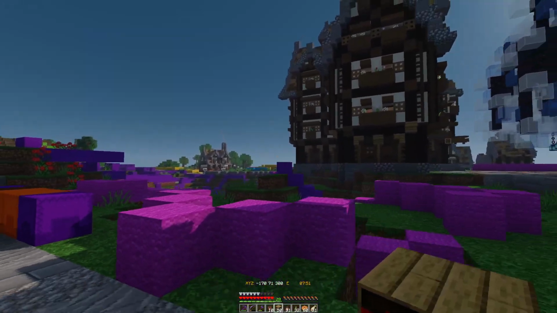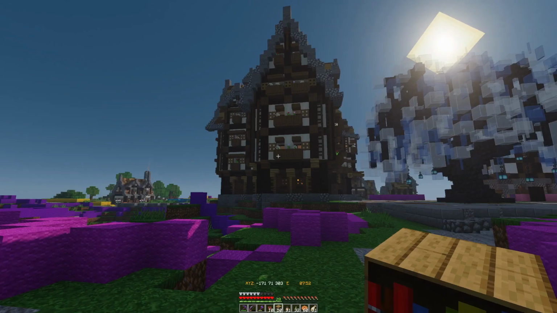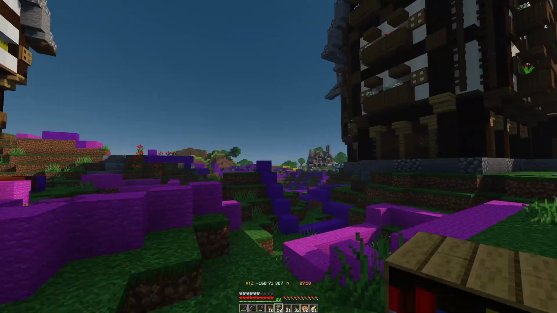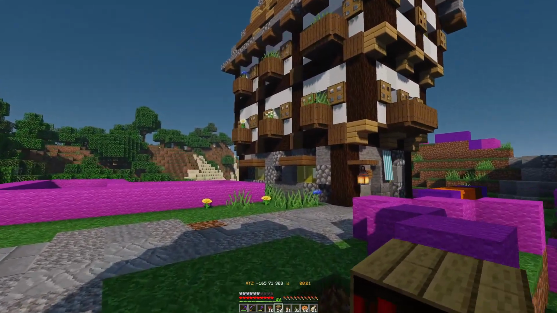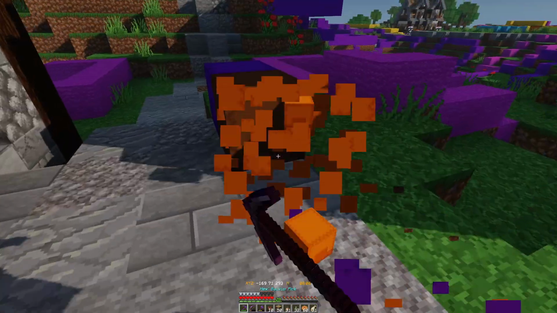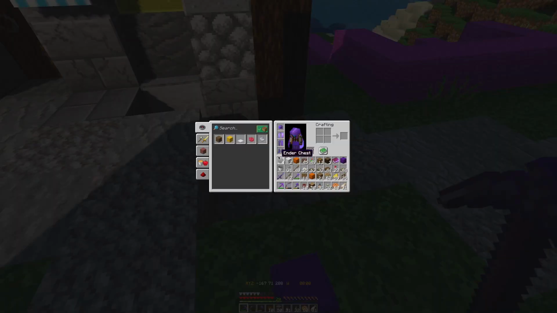All right, we've got one more to do. This big behemoth needs some decorating. Fortunately, I've done the hard part. We've already done the lower portion of it. So all we have to do is decorate the rooms. But I think what I need to do actually is grab some...